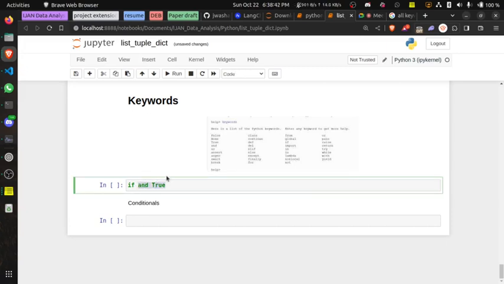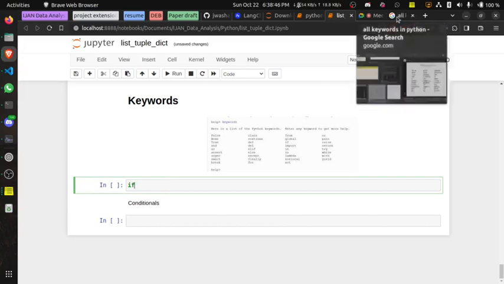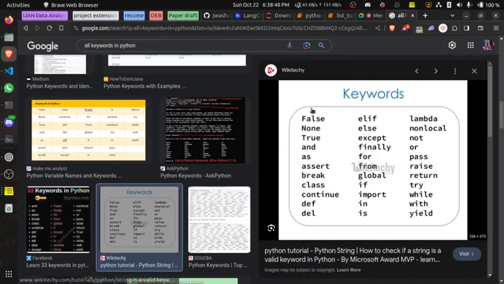But let's say I want to use if as my variable. No, that wouldn't work. Or maybe false or assert or from as my variable. That would not work because it already has a dedicated function. It has a dedicated thing that it is meant to do. So that's what basically differs from what we have with keywords.